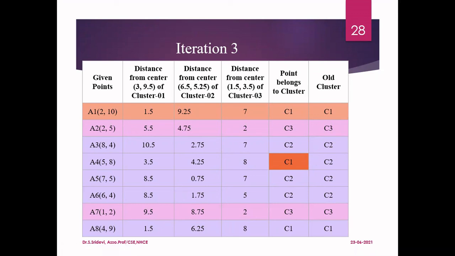So generally, you have to proceed as long as you are getting the changes. When you don't get any change, then you will stop your algorithm. Okay. So this is how you can proceed with the k-means clustering algorithm. So now what we can say here, finding the number of iterations when we have to stop the particular algorithm is a very important point. For that only, we are giving you the stopping criteria.